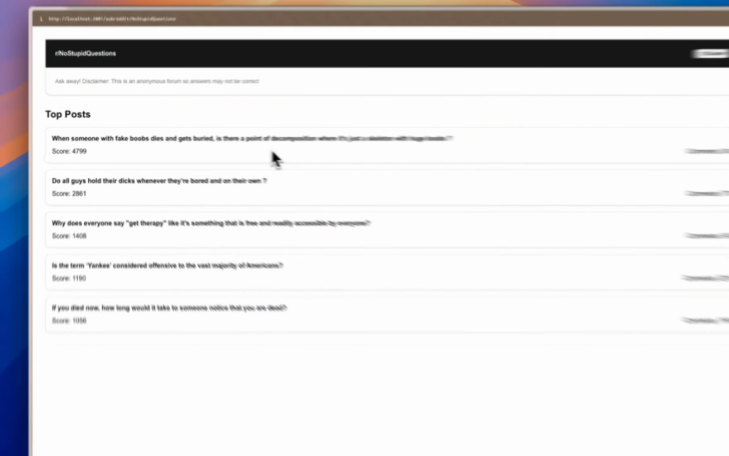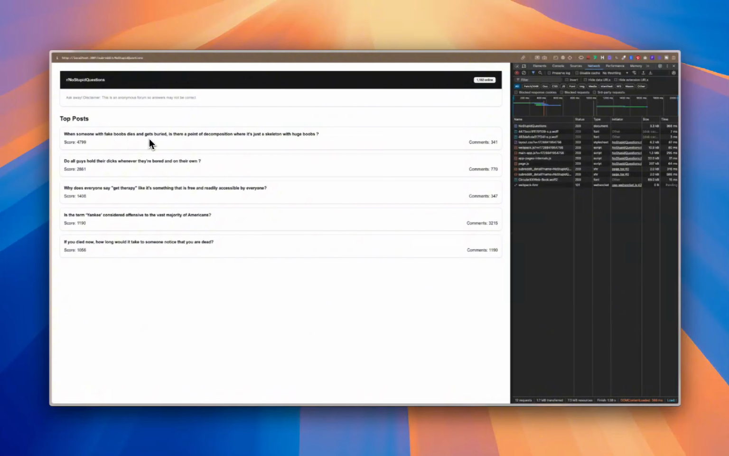And look at that. When someone with fake boobs dies, okay, stupid question. When someone decomposes, is there a point of the composition where it's just skeleton with huge boobs? Do all guys hold their dicks 100